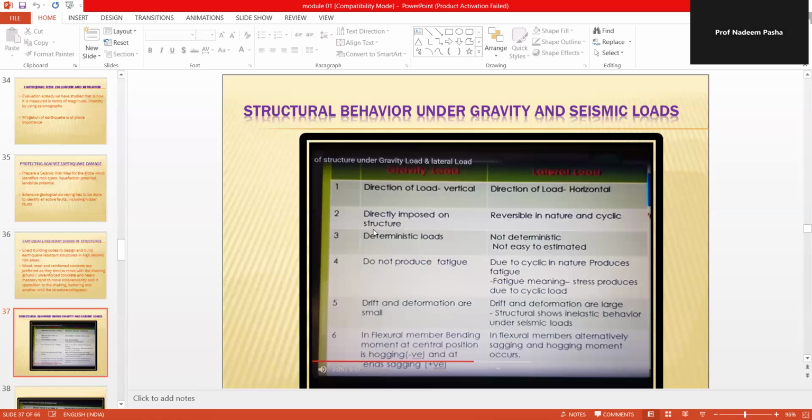In the case of lateral load, what is happening? The flexural members are alternately sagging and hogging. So sagging and hogging moments both are occurring. Okay. Now